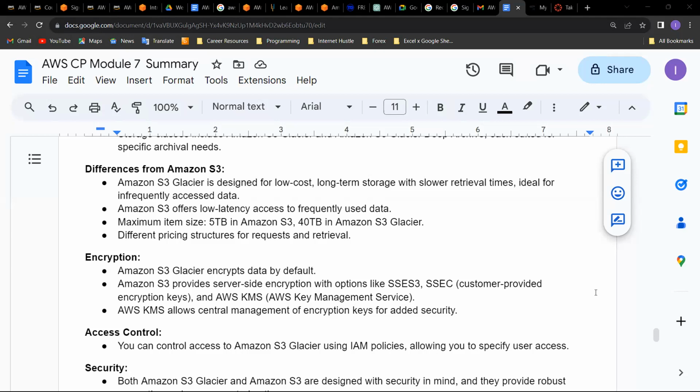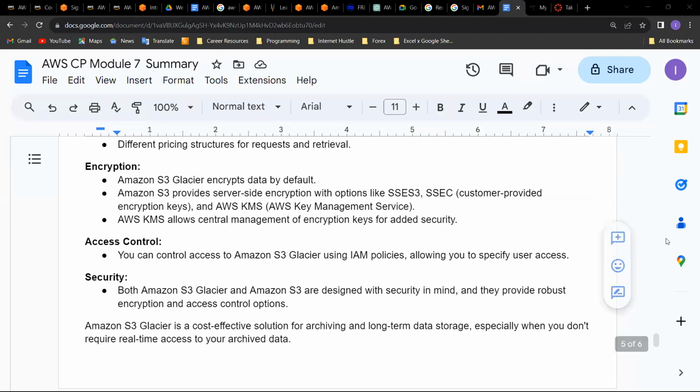And then there is SSE-C, that's a customer-provided encryption key. And then AWS Key Management Service. So you can see SSE-KMS works the same way. And then you see SSE-S3. So server-side encryption by S3, server-side encryption by AWS Key Management Service, or server-side encryption by customer-provided encryption keys. So these are the encryption types that you can